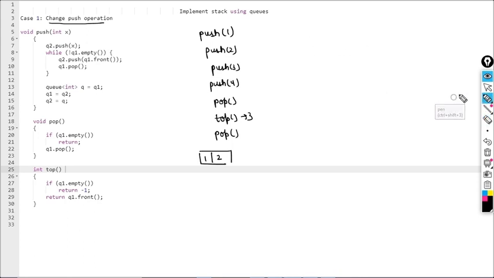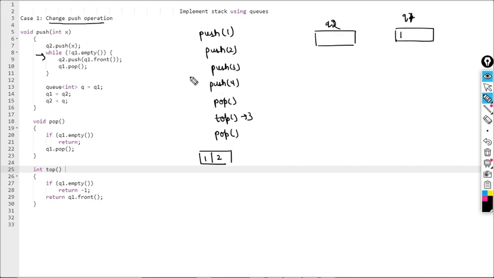So what's happening? Say you want to push something. You have two queues, this is Q1 and this is Q2, right? So what you are doing here is pushing X inside Q2. X is 1, so I have pushed it inside Q2, right? Now until Q1 is not empty, this statement, but Q1 is empty here, so we don't need to do anything. You just need to change the names of Q1 and Q2. So make it Q2 and make it Q1, right?